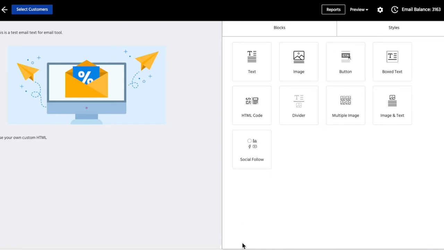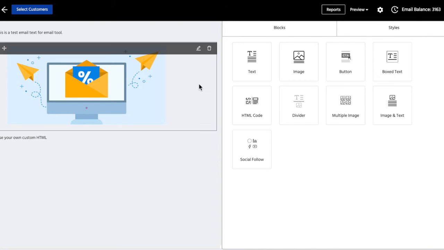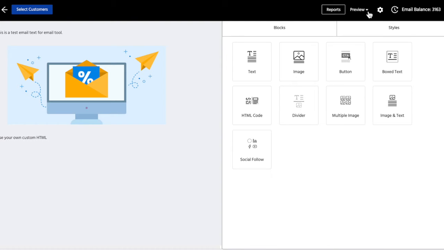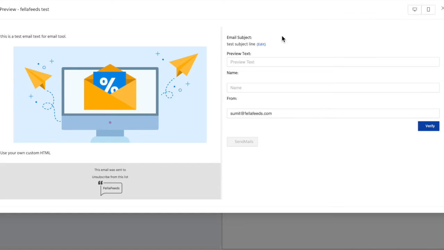After that, you have to click save and continue. You can also check your preview function here by clicking on preview mode, and it will show you a preview of the campaign, how your campaign is going to look when it lands in the inbox. You can also send a test mail to whoever you want, a single test mail at a time, by giving a name or a preview text.